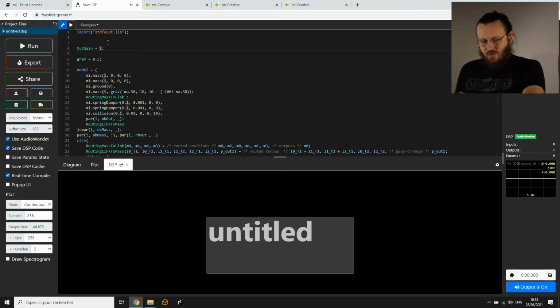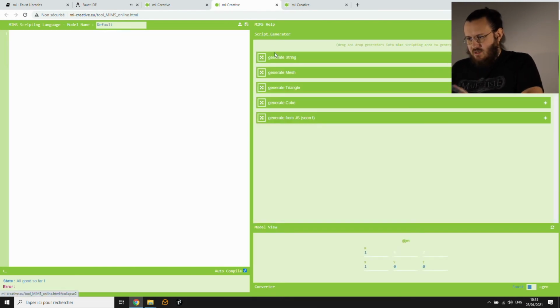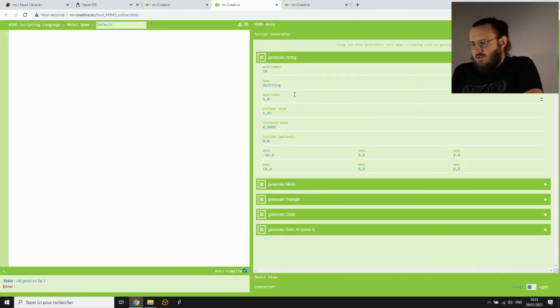And I'm going to bring up the audio gain slightly so we can hear this better, but you might have heard it already. We have this kind of bouncing ball that bounces on this two-mass system. So now what we're going to do is design some strings and things like that using this mass interaction model scripter. So we're going to take all this down, and we actually have a script generator, which is quite practical,